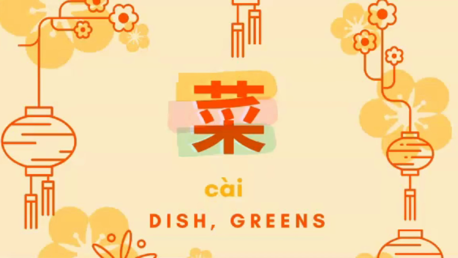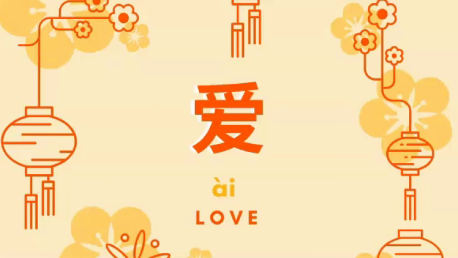And then this one up here, of course, means vegetable. So it's like you're harvesting the plant for food to make a dish, and it's pronounced sai. All right, and this character, which is pronounced I and means love or to love, we're going to break it